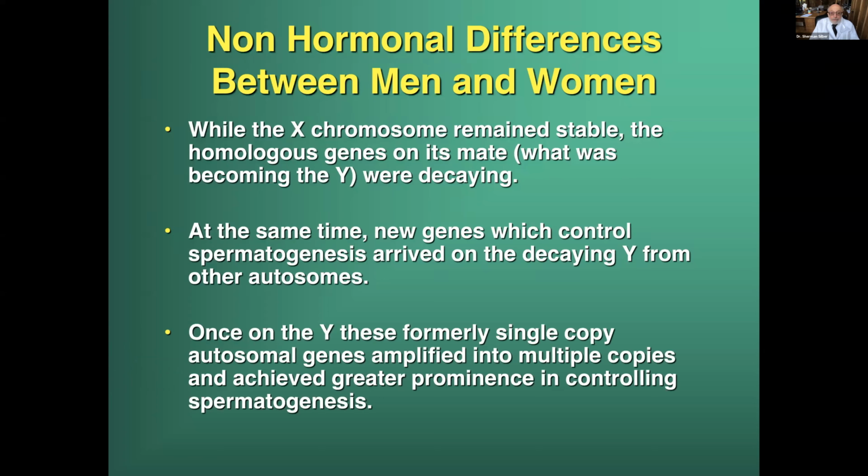I'll show you later that the DAS gene, which we're all now familiar with, the most famous male infertility gene, has 4 copies on the Y. But there is one rescue copy on chromosome 3. In fact, the DAS gene originated on chromosome 3 as what we call DASL. And when it was transposed in the monkeys to the Y, it amplified and became much more important than the original DASL. Nonetheless, in Y chromosome deleted men with AZFC deletion, you'll almost always find some sperm because chromosome 3